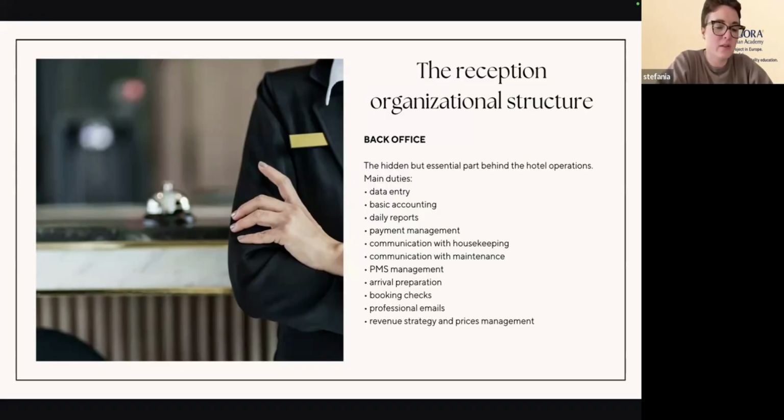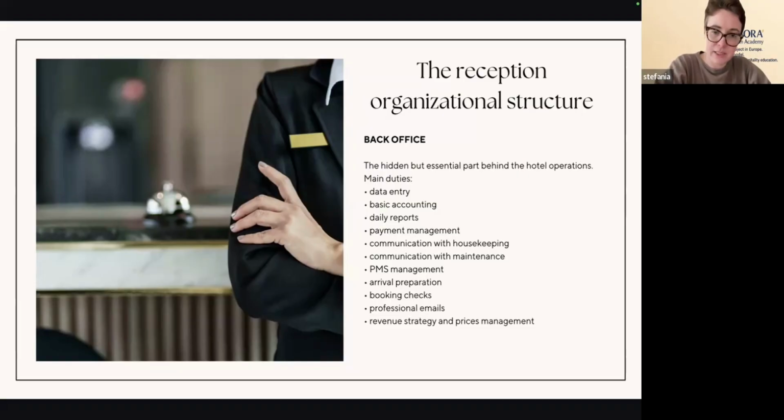And also after the daily check, there is also a weekly check. So it means that, for example, on Sunday, the booking department checks all the reservations for next week in order to see if there is a reservation that should have been canceled but has not been, if there is an overbooked room, everything about bookings. Professional emails. So the back office always responds to request emails, booking emails,